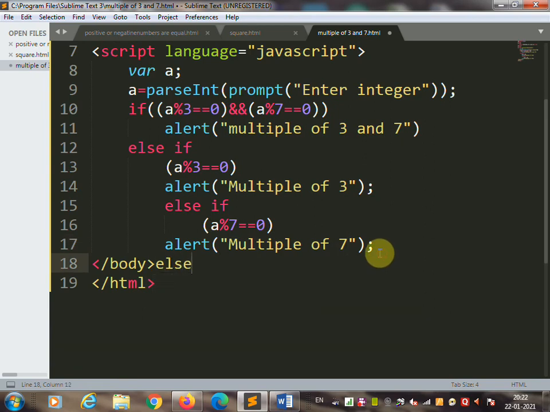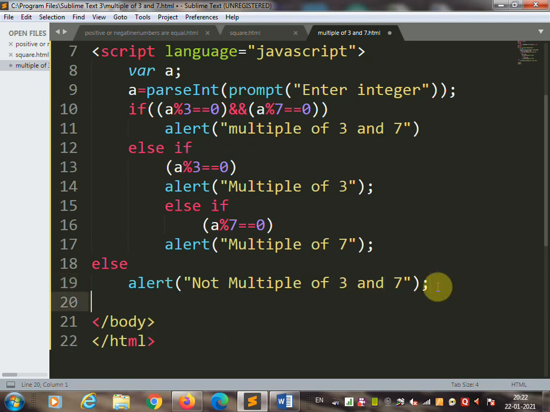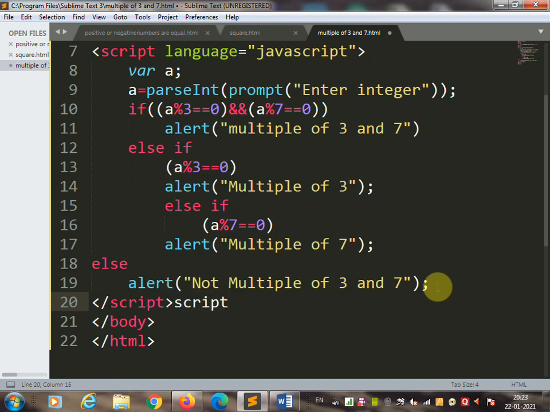Else, alert message not multiple of 3 and 7. So you can write over here not multiple of 3 and 7. Now close the script tag, then the body tag and then the HTML tag.